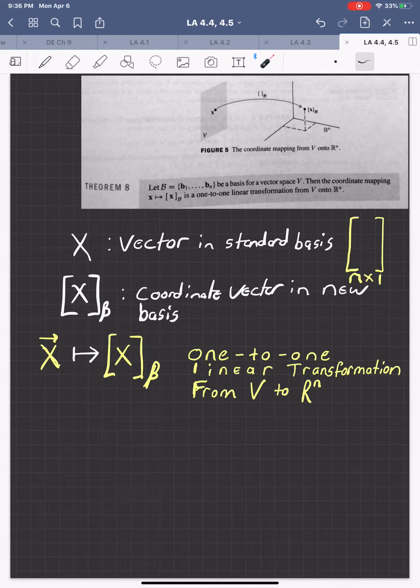And all this is trying to point out is that, just like any function can map from one location to another,